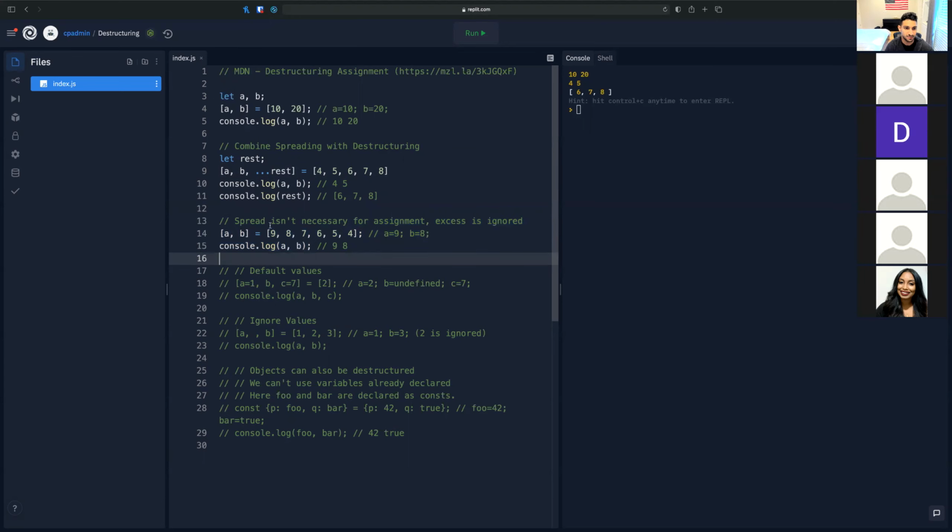So here, A is going to be 9, B is going to be 8, and everything else after it is just ignored. All right. Do we have any questions at this point? No? All right. There are a couple other cool features about destructuring, is that if a value is not provided,